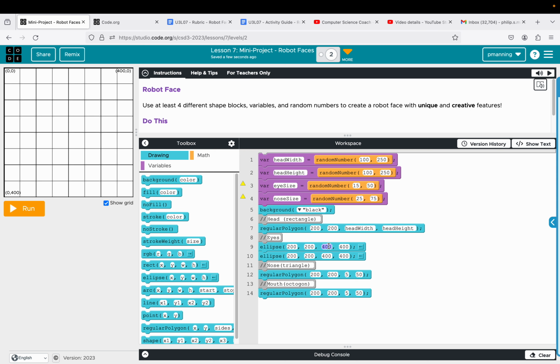Okay, for eyes, I'm going to change my X and Y in a moment, and I'll explain what I'm going to do there, but I'm just going to give it size, size, size, size. And for the nose, regular polygon triangle, I also need to